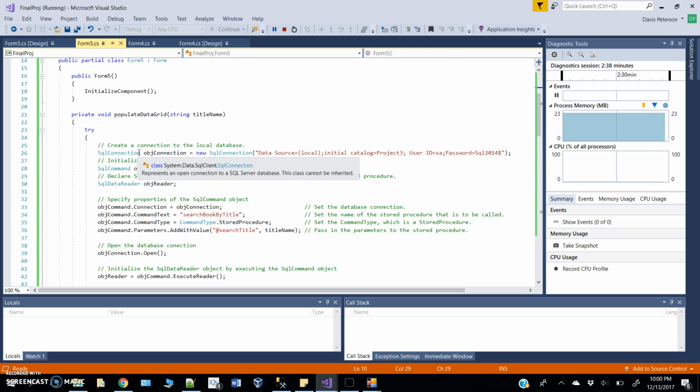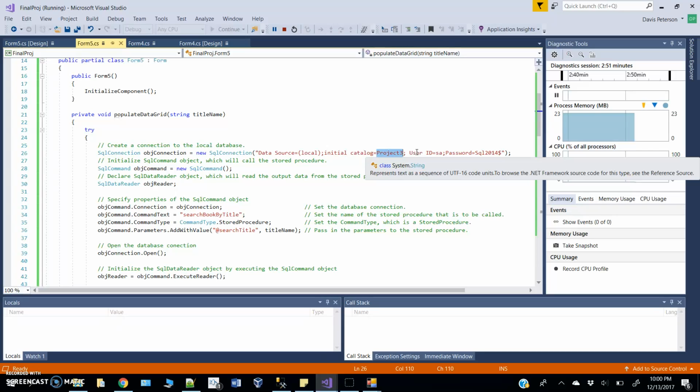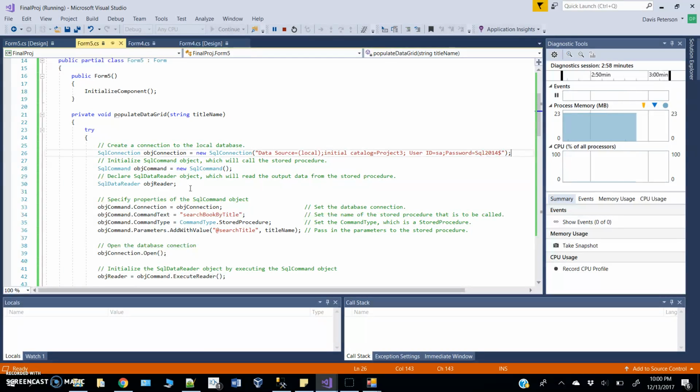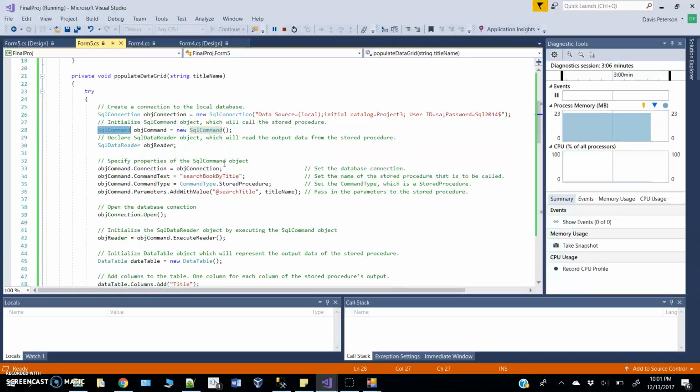And we're creating a new connection, and first we're connecting to the local database on this machine, and we're specifically connecting to the Project 3 database with the user ID SA and this password. Then we are going to initialize an object, a SQL command, and finally we'll